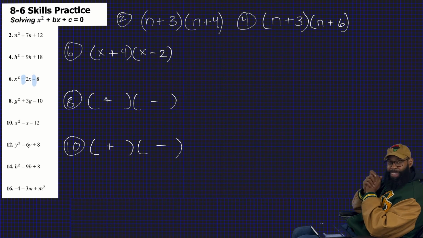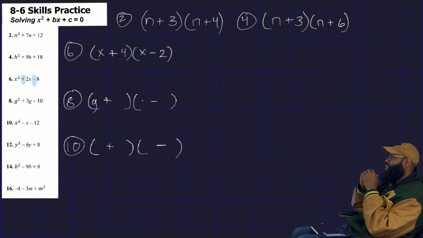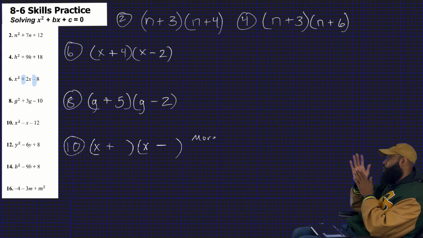Back to getting the answers. So of course, x times x, and then negative 8, but a positive 2. So a positive 4 and negative 2. For our number 8, negative 10, of course. 5 times 2 gives me 10, but I need a negative. And when that negative is added to that positive, you end up with positive 3, so 5 and negative 2. For 10 now, again,